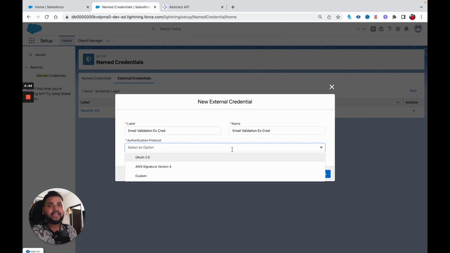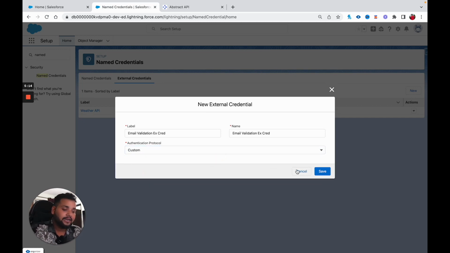And let's say if an API, in order to hit or fetch the data, or let's say post the data, requires a client secret, API key, secret key and all, right? So in order to hit the API, you need to provide OAuth 2.0 here, and similarly for the AWS Signature Version 4. So for now, in this particular scenario, I am going to hit the free API, or you can say a publicly available API. So here I am going to click on Custom